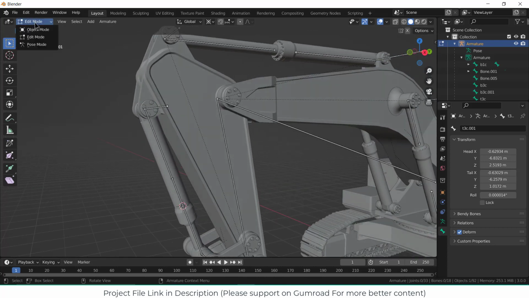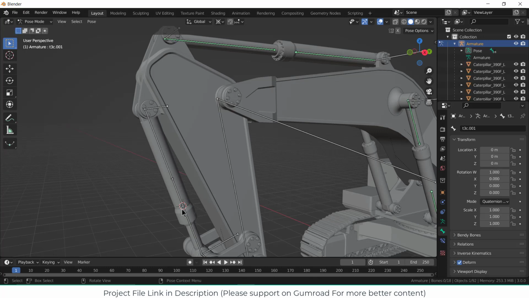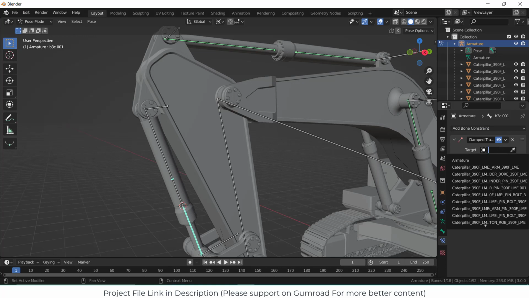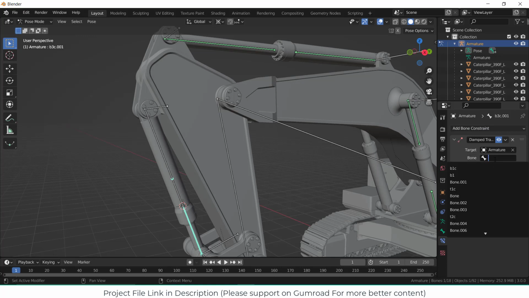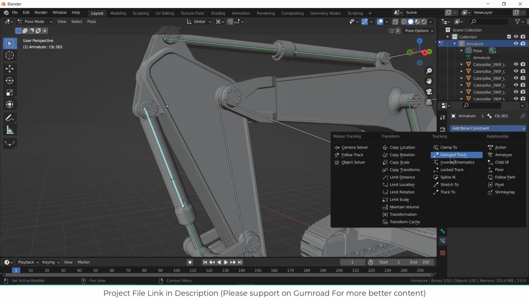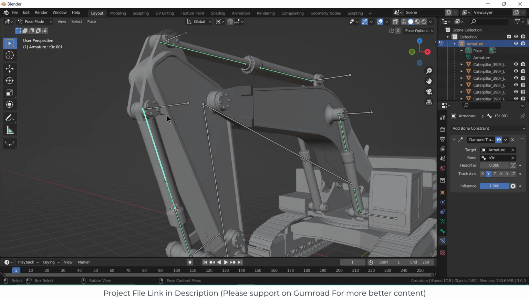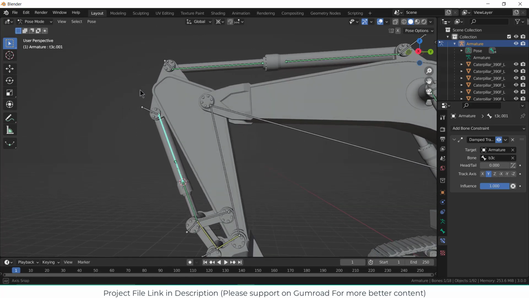Okay, I know it's a very exhausting thing. So go here and go to damped track, armature. So I already know that the upper one is the IK constraint. So type IK constraint. Now select this one. Go to damped track, armature, IK constraint. And what I need to do is